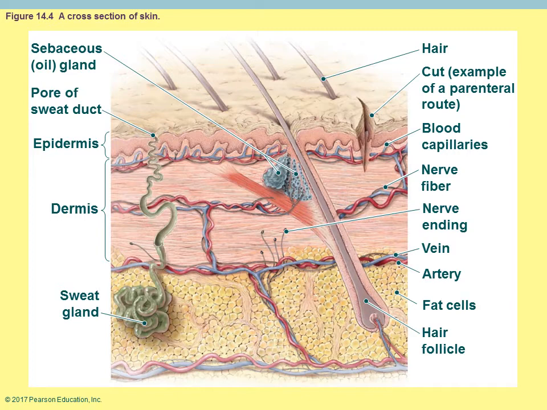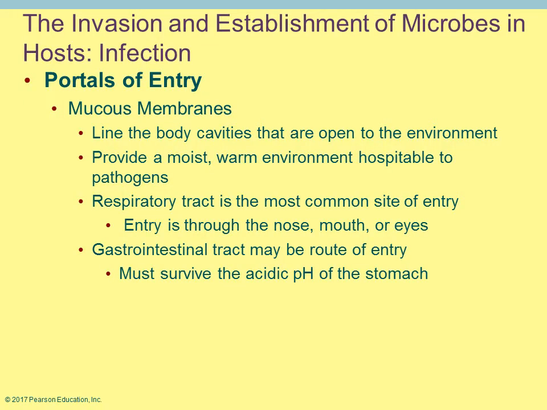So on this picture, this cut section of the skin, you can see the hair follicles. Those pores, and the pores of, say, your sweat glands, allow openings for any type of microorganism to penetrate through the epidermal layer and get deeper into the body. If you had a cut or a scrape, that also allows for the organism to penetrate into the body.